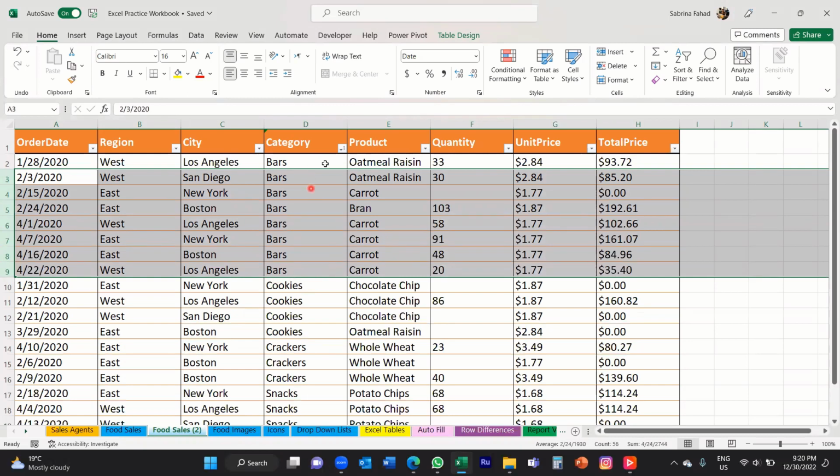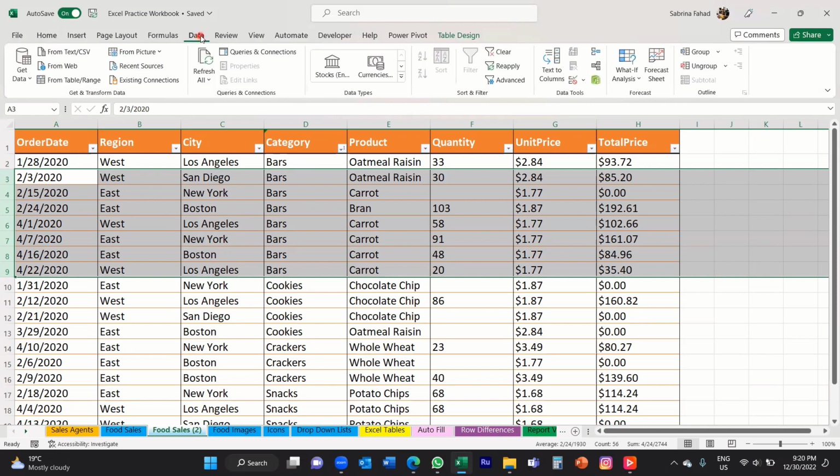The reason why I've not included the first one is because I want to see the first category so that I know which one I need to expand or collapse. So you want to leave the first one as an option so that it's visible to you, and that will help you to expand and collapse the groups. You'll see what I mean once I've done it. So always select the second row in that data for that particular category and then highlight the rest of the rows. You will then go up to the Data tab,